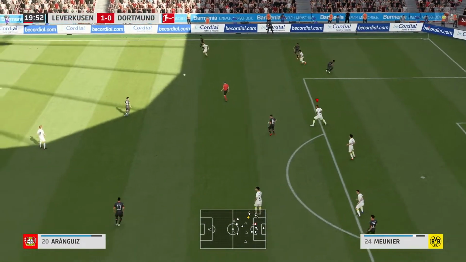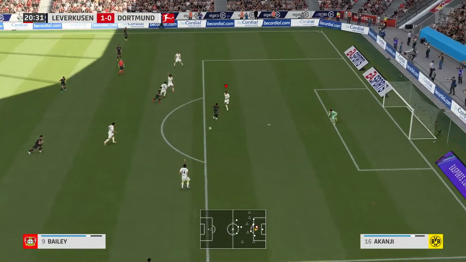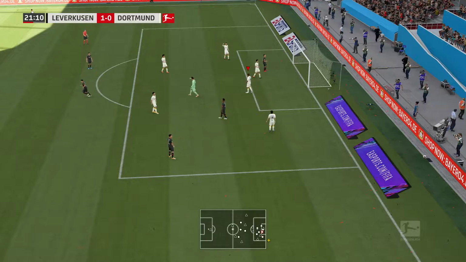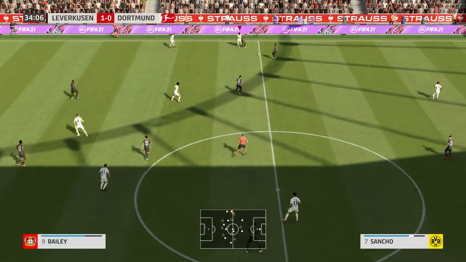But another chance for Leverkusen. They were all over us in this game. They just seem to be able to break me down tactically. As another chance here for Leon Bailey, trying to sneak in at the near post, but thankfully Bürki is equal to that, and you're going to see a lot of saves here from Bürki, because he just kept having chance after chance after chance